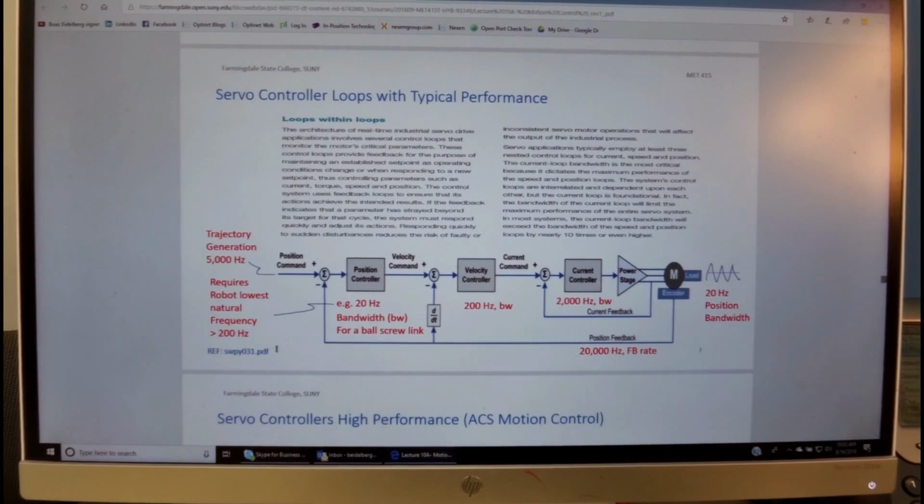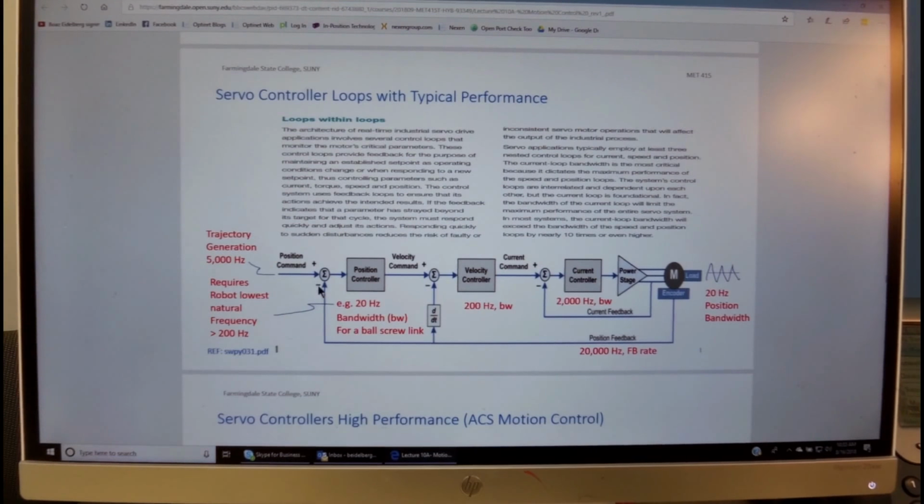We'll get right into the servo loops. Once again, we see here the three loops: the inner current loop, the middle velocity loop, and the outer position loop, starting with the trajectory generator, which runs at approximately 5 kilohertz, and then it generates the target position.